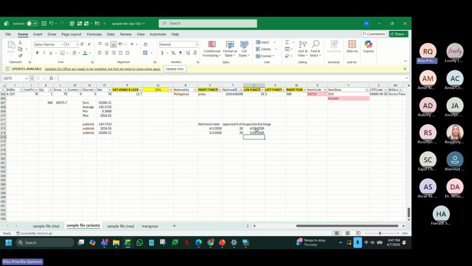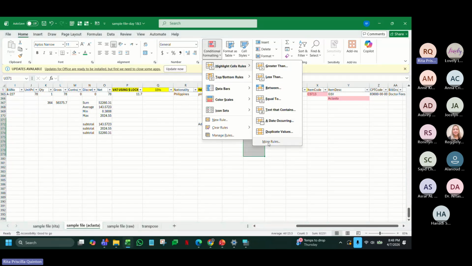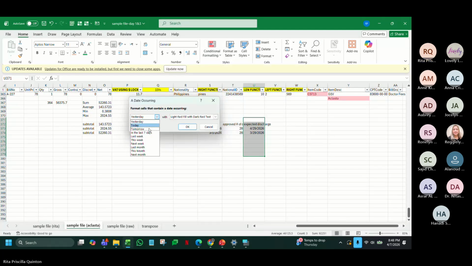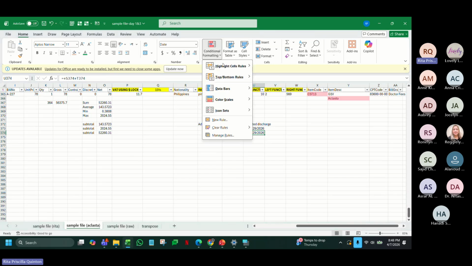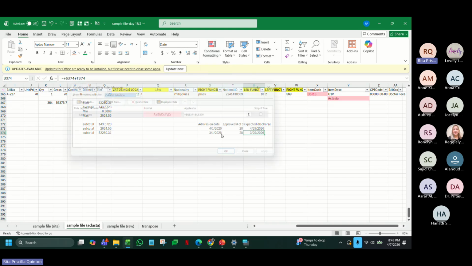Again, every day you will filter them by what? By March, by January, by February. No, the easy way to go is to go to conditional formatting. Date occurring in the last 7 days, for example. Sorry, this is more than 7 days. If I make a mistake again, I will go to manage rules.